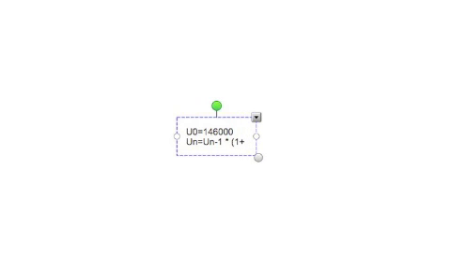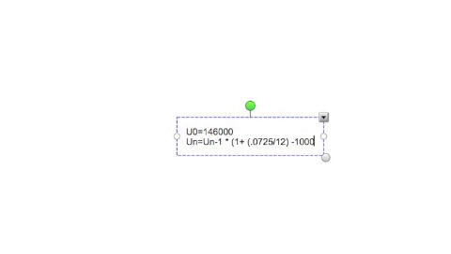To borrow for a house, what would the recursive routine look like? The recursive routine would be U sub 0 is equal to 146,000. U sub n will equal U sub n minus 1, again that is notation, I am going to multiply it by 1 plus, and I need to take the 7.25%, convert it into decimal, which is 0.0725, and I need to divide it by 12 to get the monthly interest. And I will pay off this loan, so I need to subtract $1,000 to represent that I'm paying about $1,000 every